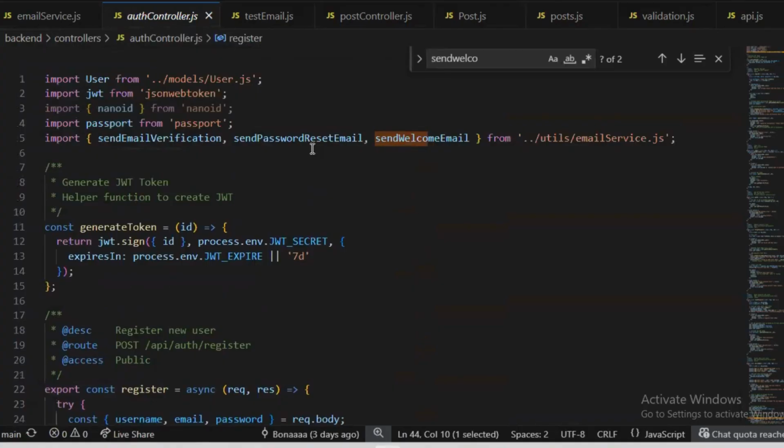Okay, the authentication controller imports our email function using ES module syntax.